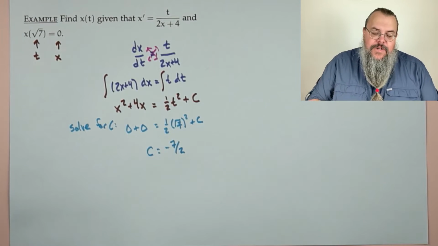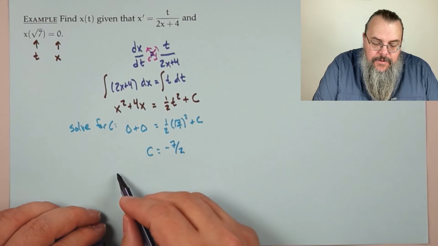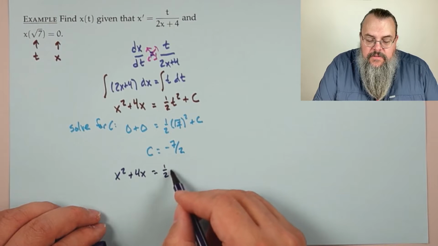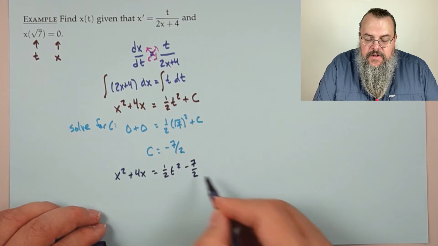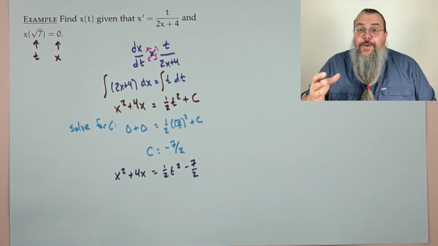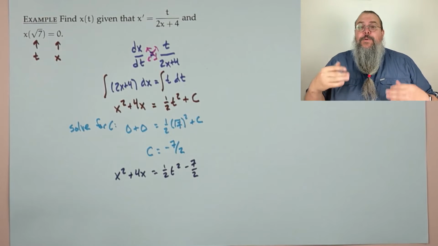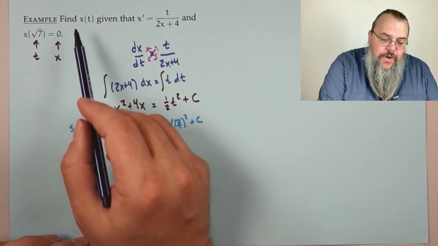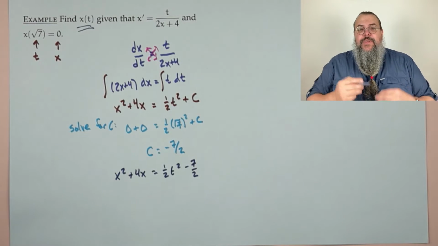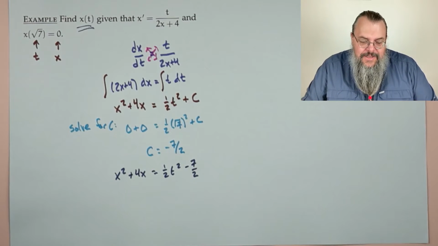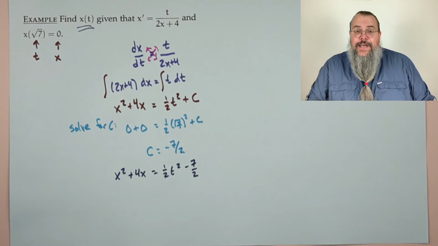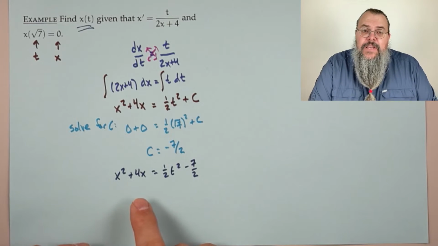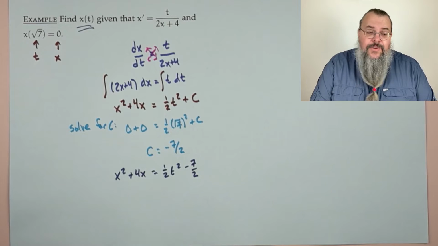Okay, so what can we do? Well, let's write what we have. We have x squared plus 4x is equal to 1/2 t squared minus 7/2. Are we done? We're not done. Well, why not? This is an implicit relationship right now. We're asked to find x of t, so we need to solve for x of t. Well, how do we get x by itself? The nice thing is, it's looking kind of like a quadratic. Now, we could pull everything to one side and use the quadratic formula,